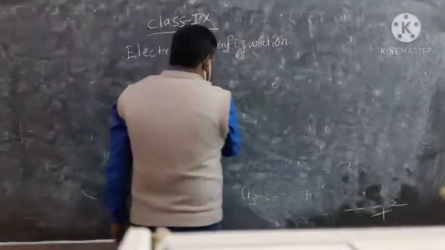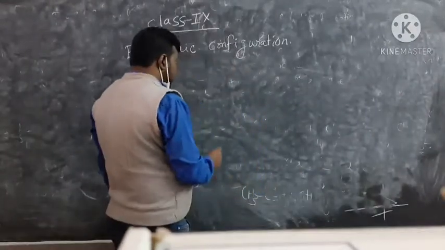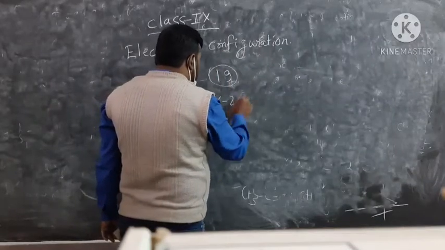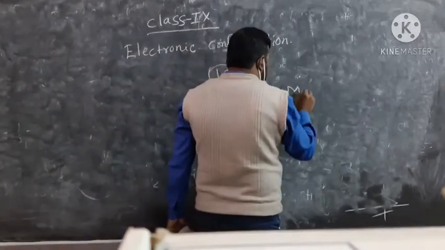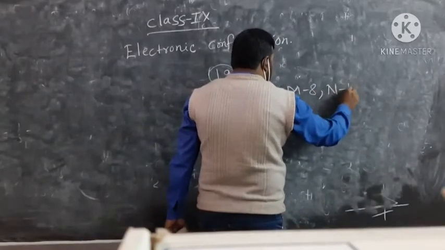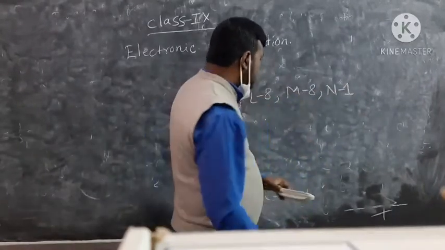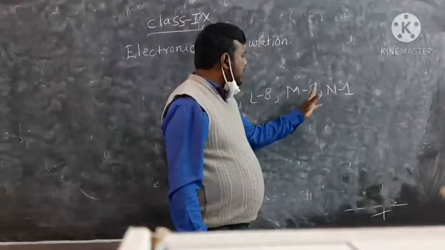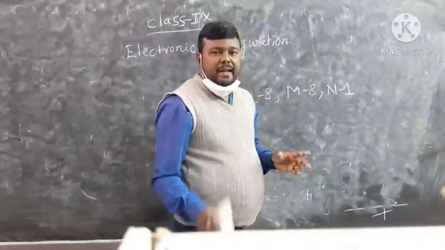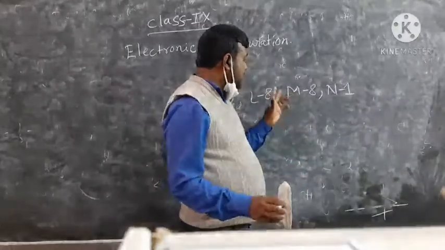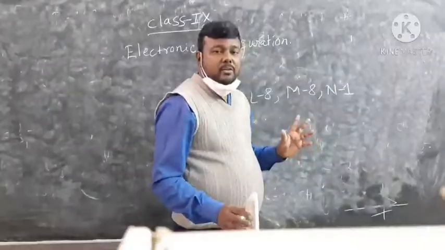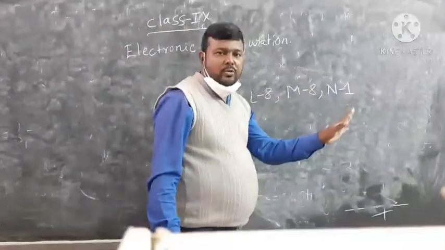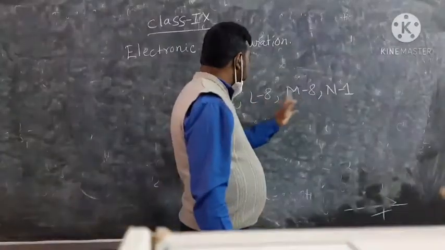Then another thing. If we consider the 19 electron atom, first the K cell will take 2 electrons, the L cell will take 8, the M cell will take 8, and the N cell will take 1. Why not 9? We know that the capacity of the M cell is 18, so it can take 9. But the octet rule says that the outermost cell of an atom cannot hold more than 8 electrons. If you give 9 here, the M cell would be the outermost cell and that would violate the octet rule. So it will take 8 and then the N cell will have 1.